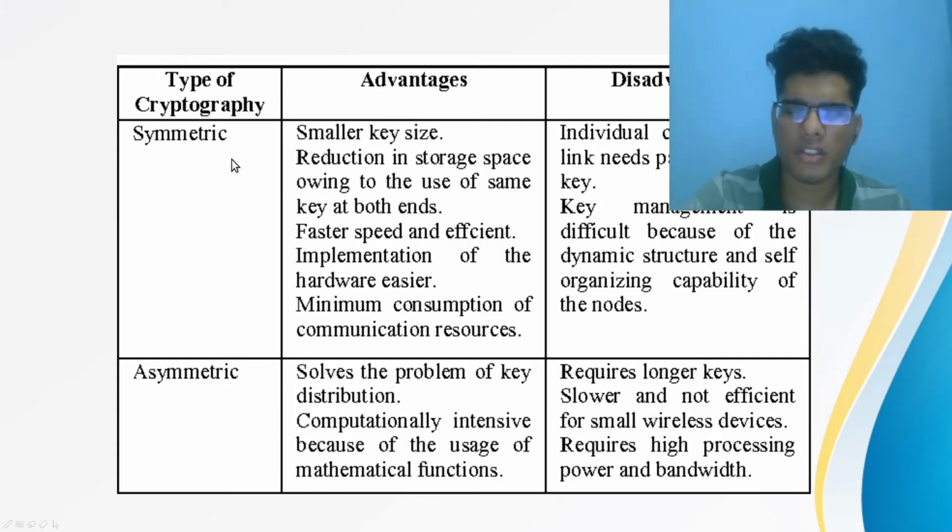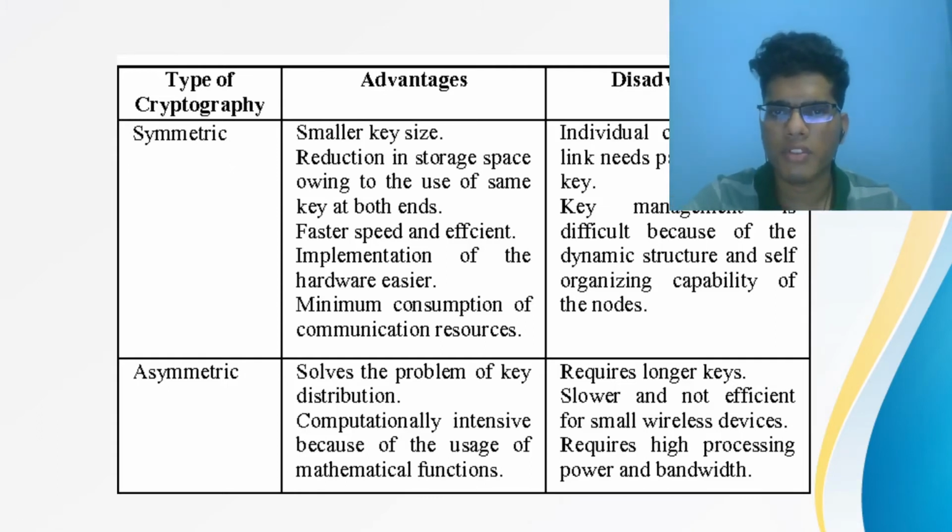Symmetric encryption, as I gave you an example, the AES algorithm, had only a 128-bit long key. A smaller key means the computation and the storage space required for encryption as well as decryption is very small. So when you have a huge amount of data to be encrypted or decrypted at the same time, the latency in the communication between the client and the server is very low when compared to asymmetric encryption. Because the keys are much longer compared to symmetric keys, they are computationally very intensive, so it takes a very long time for encryption and decryption algorithms.